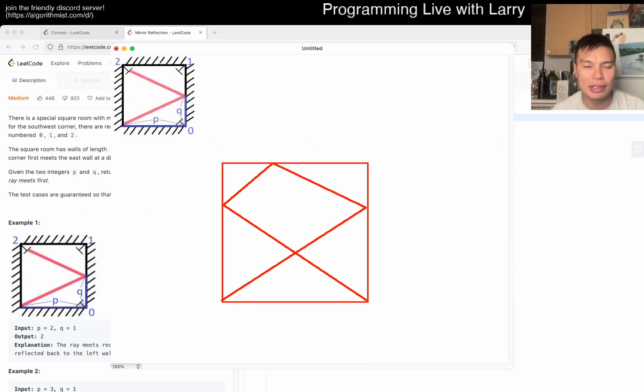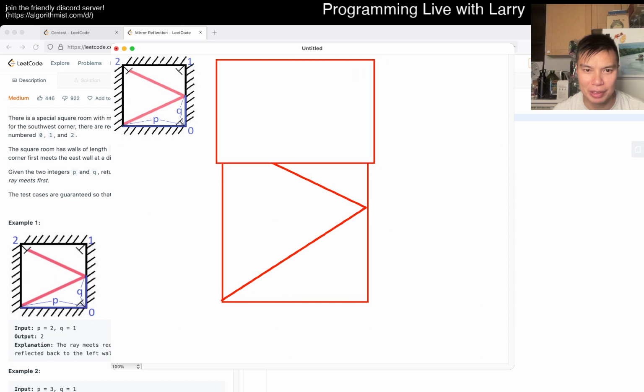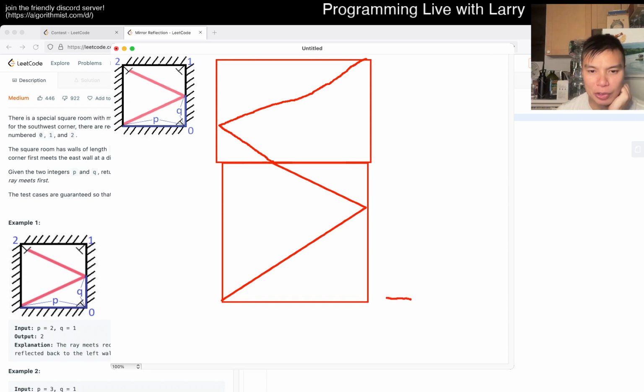And here, another way to think about this hitting the top border will be just drawing another box. Okay, I kind of went out of room here. So pretend it is a good box. And then you go do, right? And here, that means that you would reach this corner equivalent, right? And then here, we're trying to figure out, well, what does that mean? Well, it means that we have 2P, and Q, we have 3Q, right? Is equal to